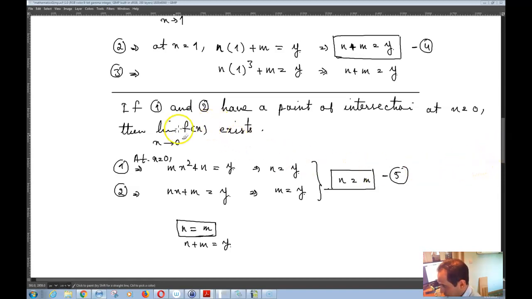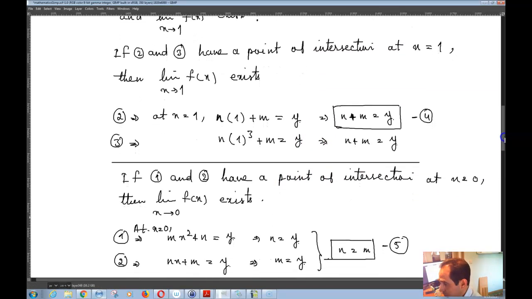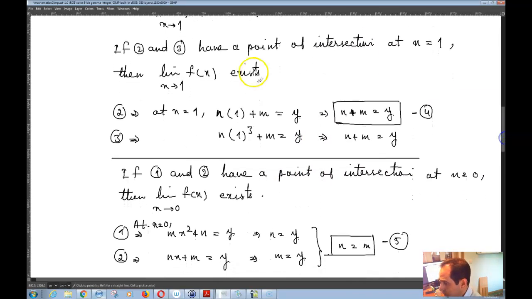Okay, so basically we actually got the answer, but we didn't make sense of the answer properly. So you see over here, we said that if these two have a point of intersection at x is equal to 1, then the limit exists, right? And then we solved these equations and we got these two exactly equal equations, exactly similar equations. And so what that means is that the solutions over here for n and m,